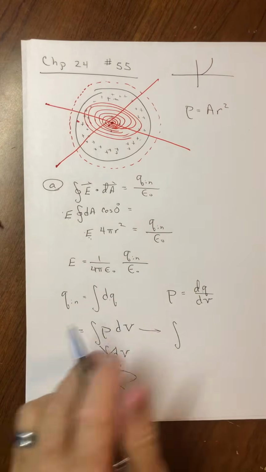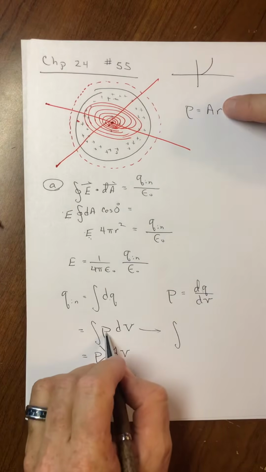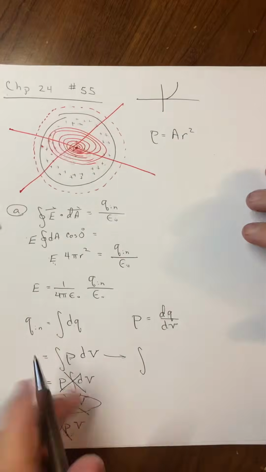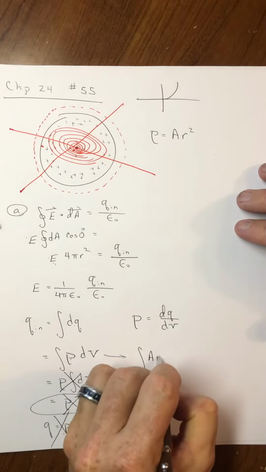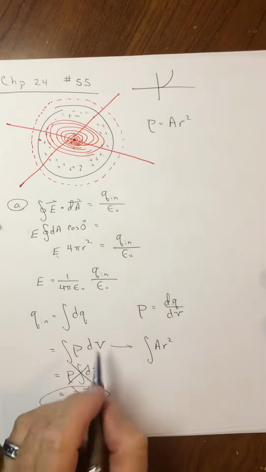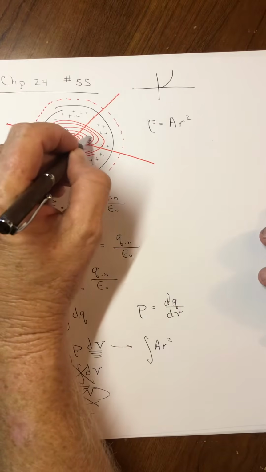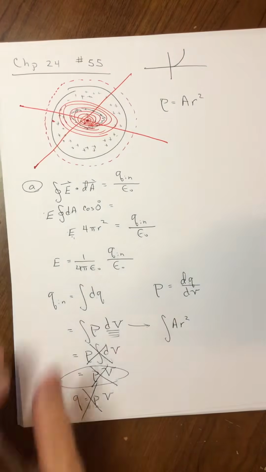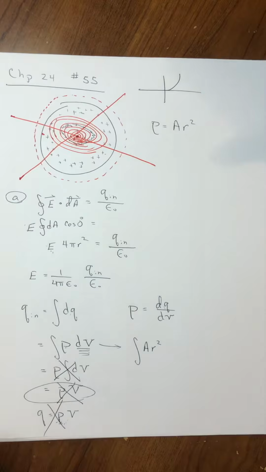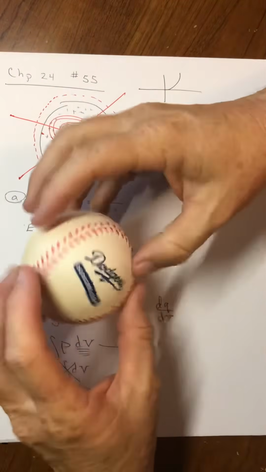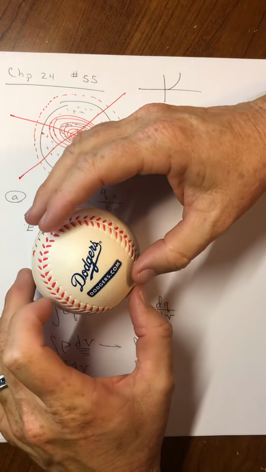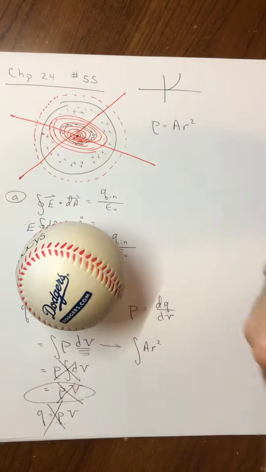To answer the charge inside, we would have to put the equation, which is back here at the top, for the density, which is A times R squared. And then if we were adding up these shells, these volumes, maybe this is worth looking at. I was trying to visualize this for a few people who were in the Zoom help session on Friday. I grabbed a spherical object. Closest one I have is this Dodger baseball here. But if I grab a sticky note here,